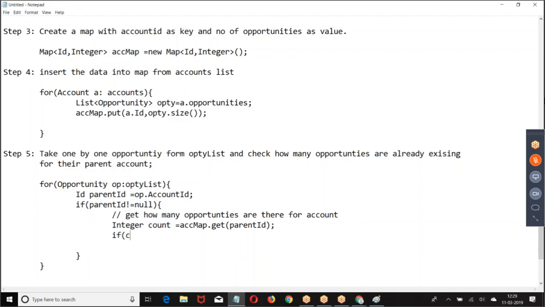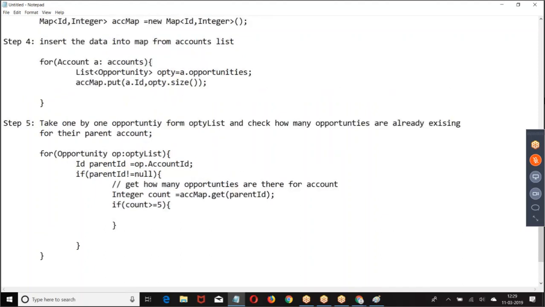Then write the error. If count is greater than, throw error message. I hope individually every step is clear, right? Okay. See, you are supposed to take in requirements like this and practice it. If you directly go with a simplified example, you will not be able to build complex logics. So take more number of scenarios and practice.